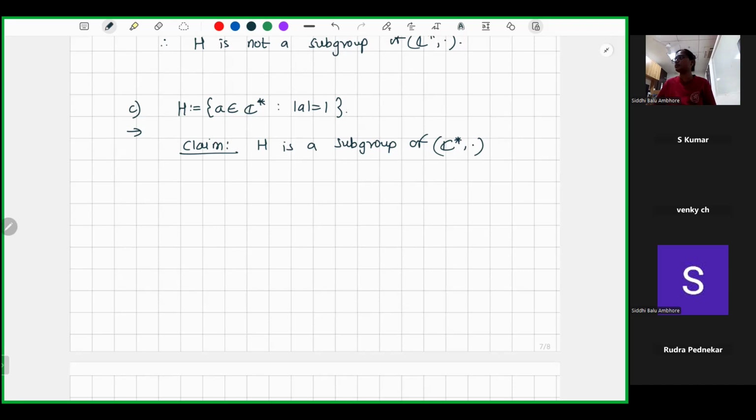Any guesses? We know that, right? That we proved this long back, that this is anyway a non-empty subset. So